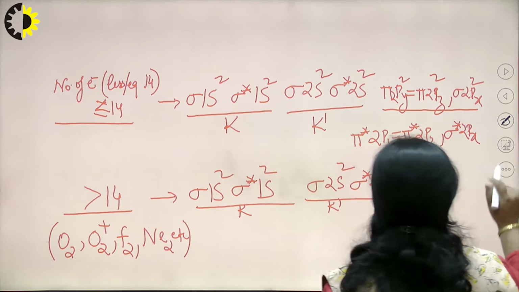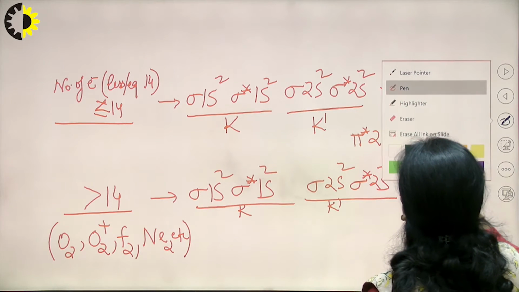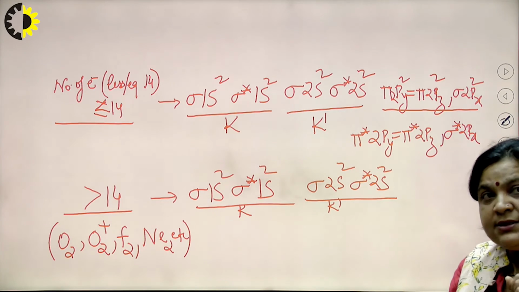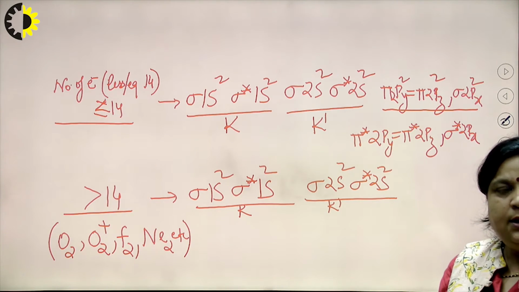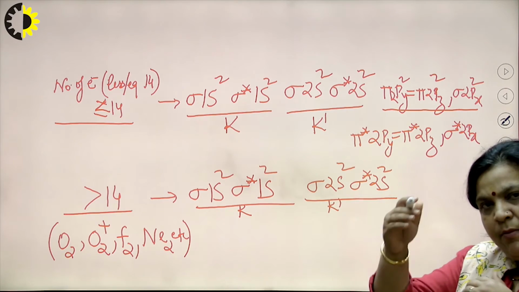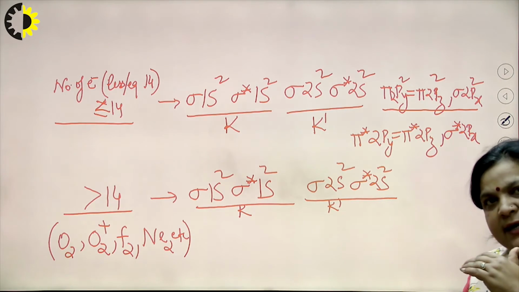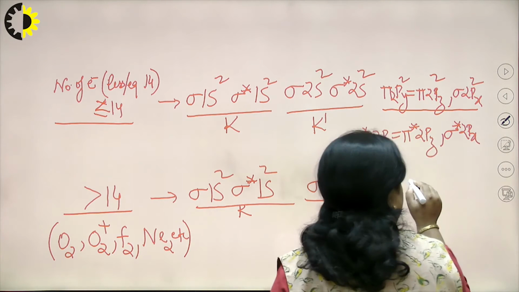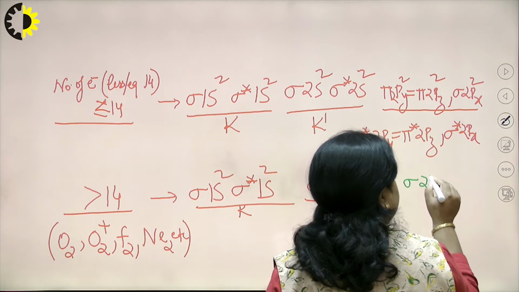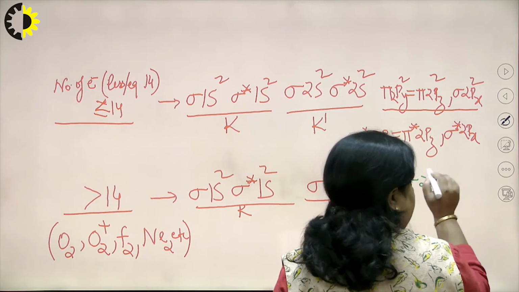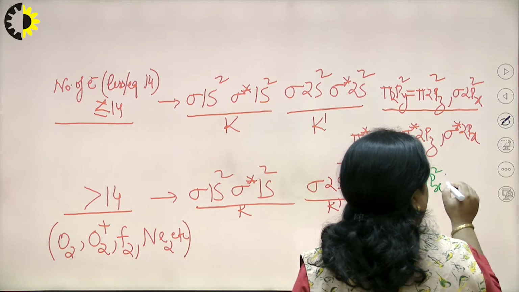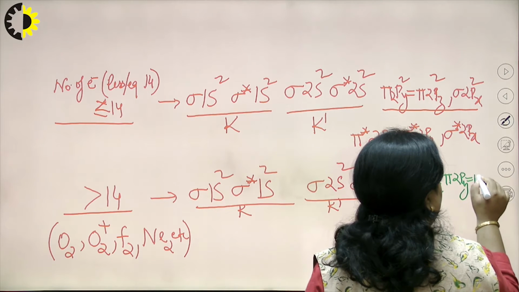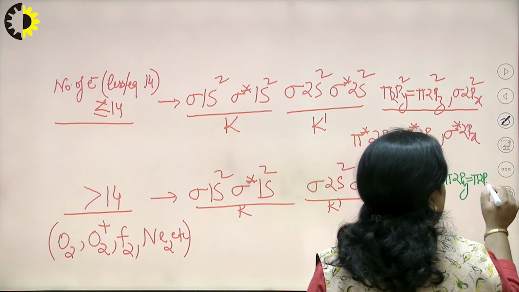Now, the next, that is the 9th electron. So, the 9th electron will enter first in sigma 2px. So, as per the rule, sigma 2px has lower energy than pi 2py and pi 2pz. So, first we write sigma 2px, then 1 1, that is 2 maximum, and then pi 2py and pi 2pz 2 2.